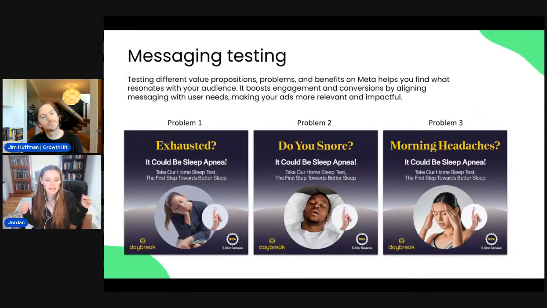So, is the angle that people are tired? Is that a trigger or a problem that people want to address? Do they know they snore and they're not sure why? Or are they waking up with headaches? Are there things that are a little bit higher in the funnel, more leading indicators? We were talking internally recently about leading indicators. These would be someone complaining about being tired all the time. Okay, well, maybe they have sleep apnea. They don't know yet, which is different than someone who knows they have sleep apnea and has a problem